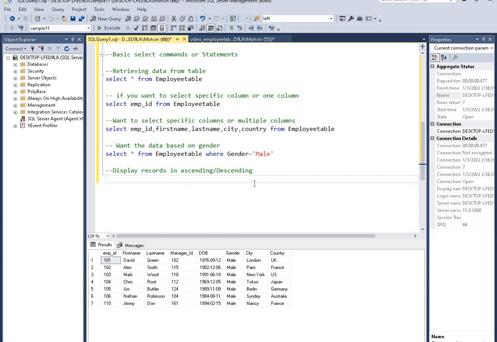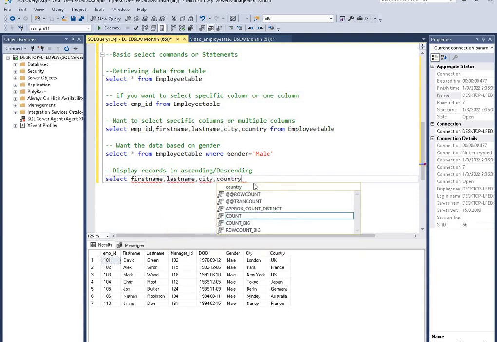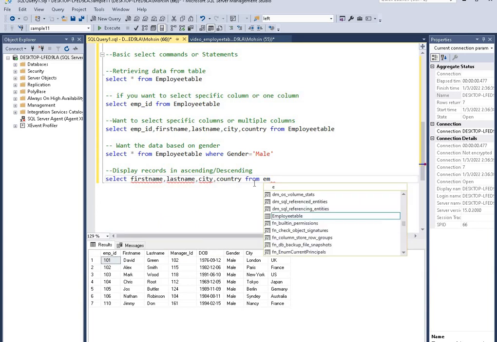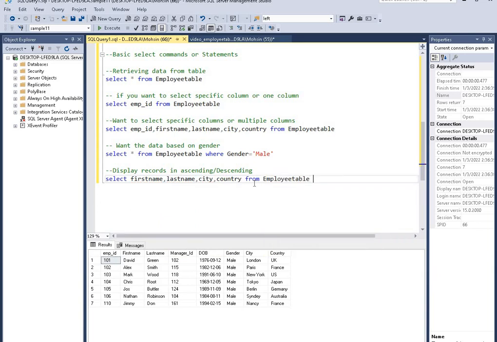To display the records in ascending and descending order, what you have to type: select first name, comma, last name, comma, city, comma, country, from table, and the order by clause is used, first name.